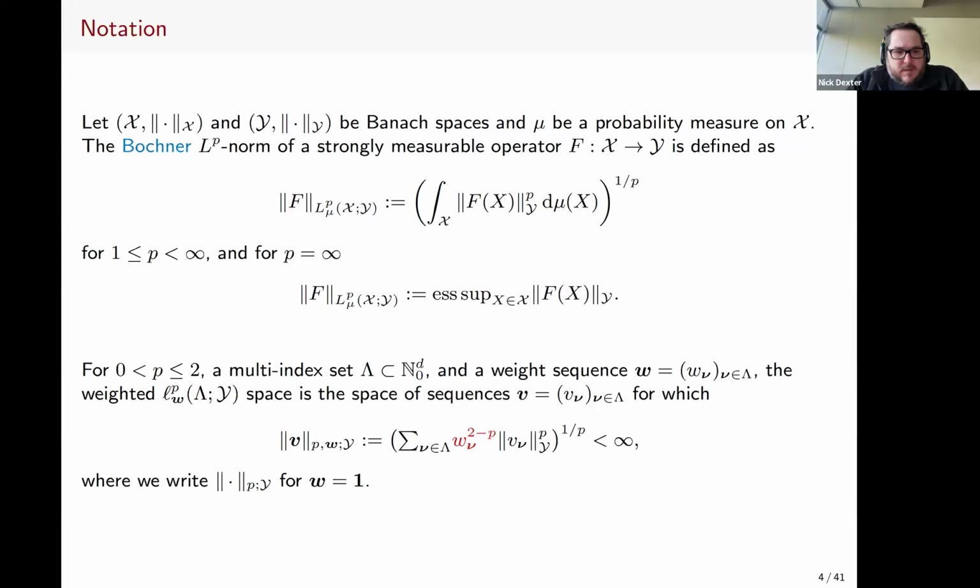So for p between 0 and 2, and a multi-index set Lambda, and a weight sequence w, the weighted ell^p_w space with Lambda and Y is the space of sequences v for which the ell^p_w;Y norm, which is defined as the 1 over pth power of the sum over nu in Lambda of w_nu to the 2 minus p times the Y norm of v_nu to the power p, is finite. And we write the p